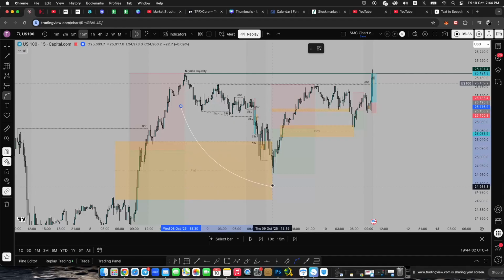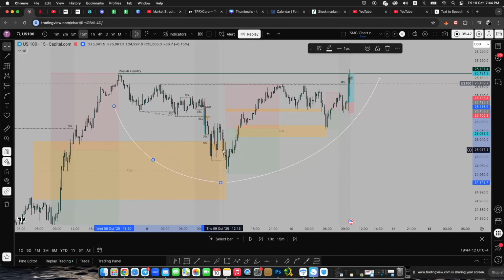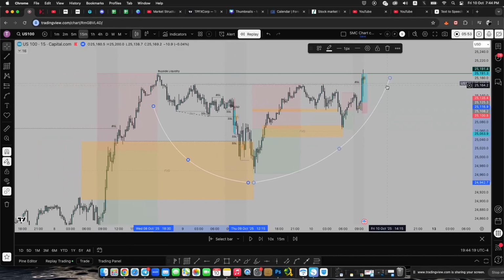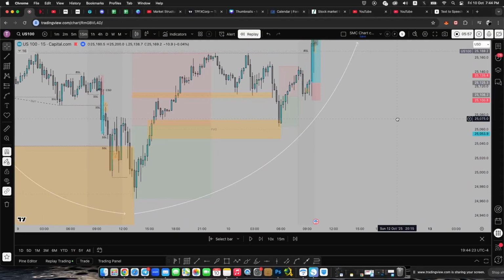This was the sell side of the curve, and now I'm in the buy side of the curve. From the moment price shifted structure right here from bearish to bullish, I know I'm in the buy side of the curve. So it's my job now to look for those entries. What am I seeing?